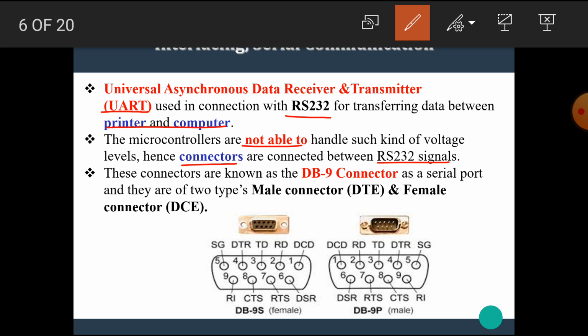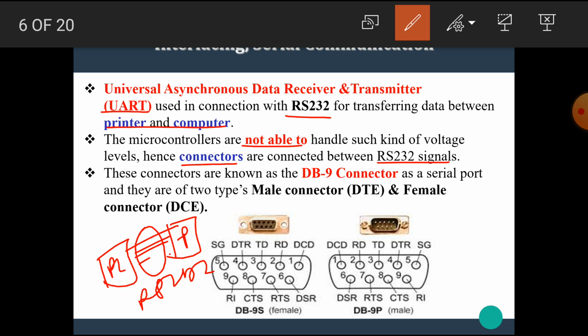That means RS-232 signals can be connected directly in the case of, for example, a PC to a printer. Okay, that means we can directly connect them through the RS-232 standard, but we cannot connect the PC to the microcontroller directly. We have to use